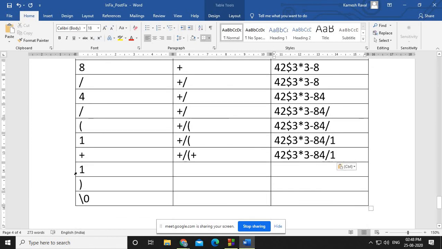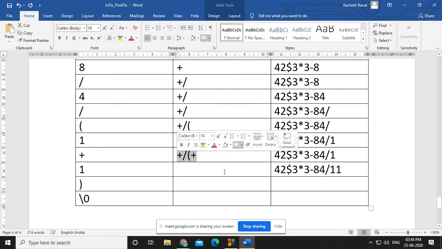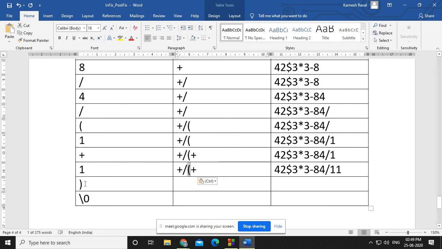And here everything will remain as it is. Okay, now what you have is 1, an operand, so obviously the operand has to be inserted into the postfix, right? And here there are no changes. Now the closing parenthesis. We know that whenever a closing parenthesis comes, before that its opening parenthesis will be there in the stack, and between these two, whatever operators are in the stack, everything has to be popped out and inserted into the postfix.